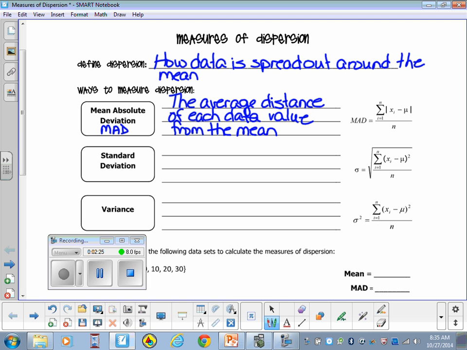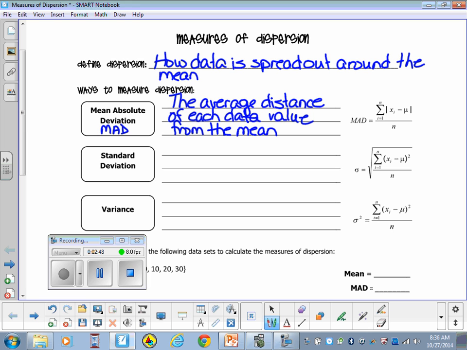This is our formula for math. It says the sum of the absolute values of each point minus the mean, all divided by the number of data points. Again, the formula is not important. You will have an SOL formula chart. What's important is that you know how to calculate it, and you understand that it tells you how spread out